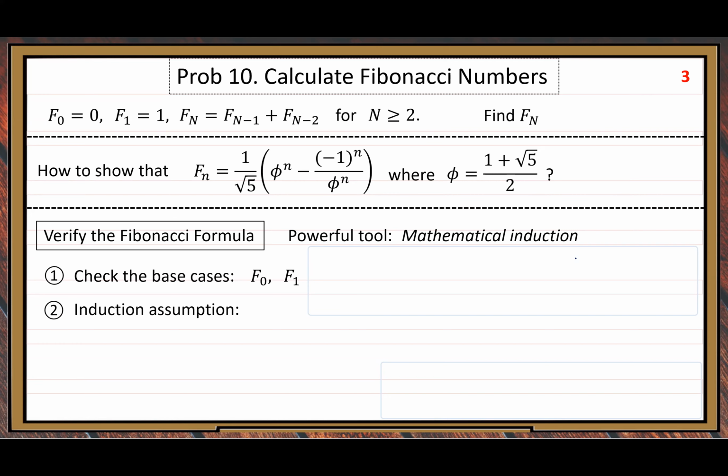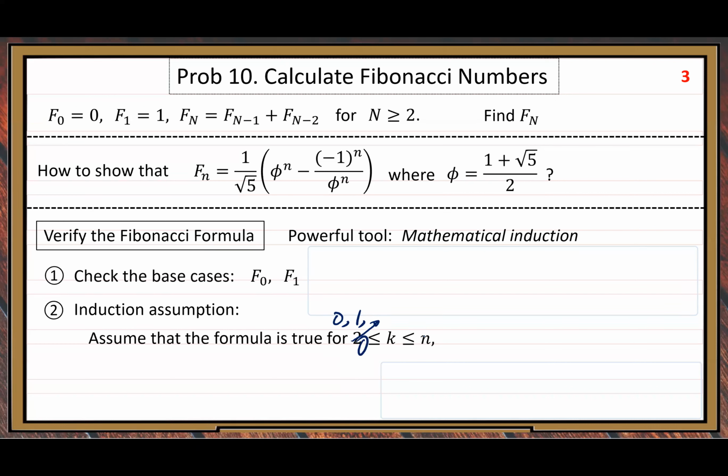Second, we need to make the induction assumption. Our induction assumption here is that the formula is true, because we already know 0 is true, 1 is true. So this 2 number, we can lower it to 0. Replace 2 by 0. So if k is in the range between 0 and n,